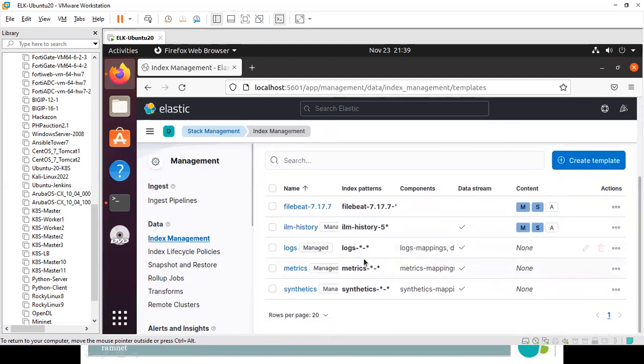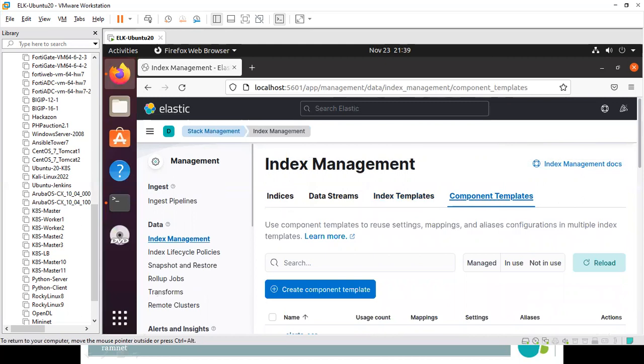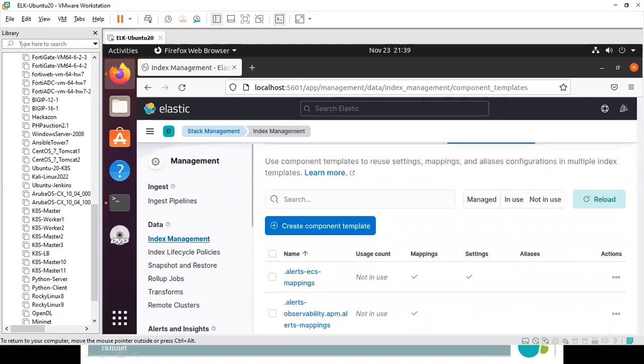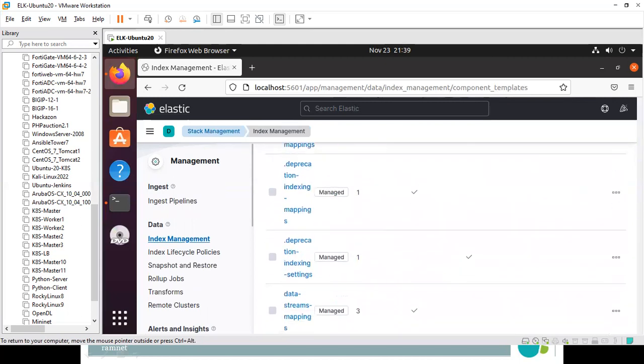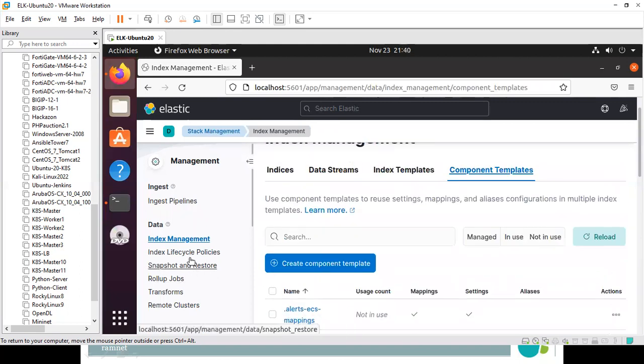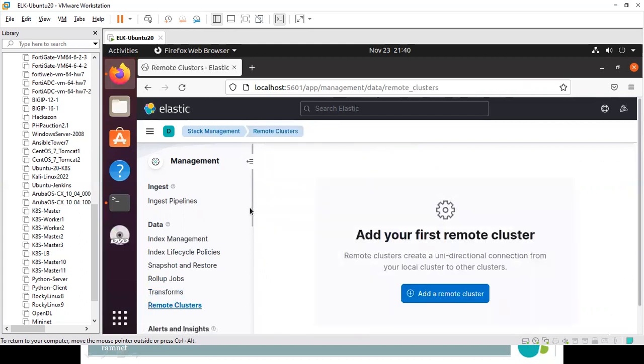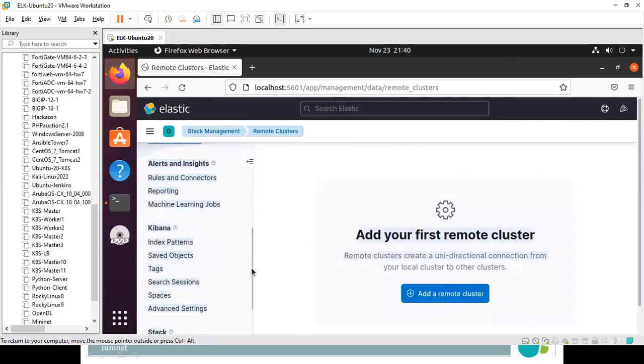This is the demo history, something like that, that will be coming up over here. Component templates like this, so we can even create them on this. Then snapshot and restore, rollup jobs, transforms, remote clusters. We don't have anything as such here, but still we can try many things on this.